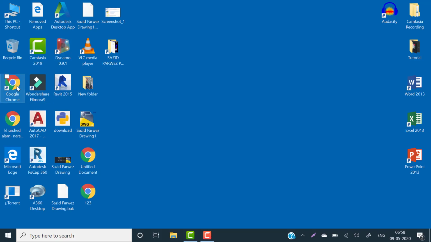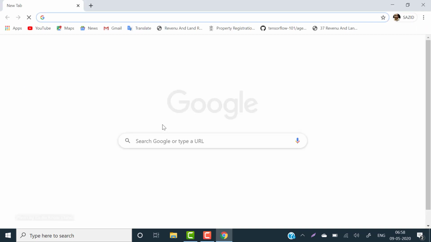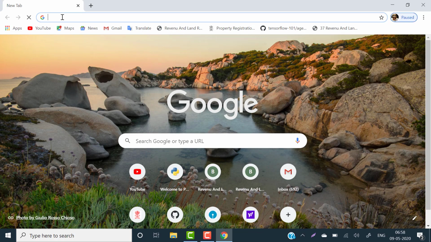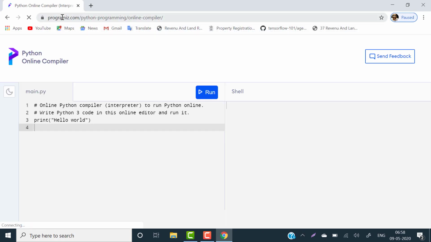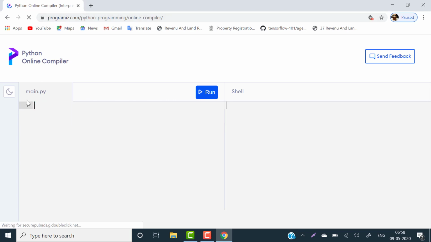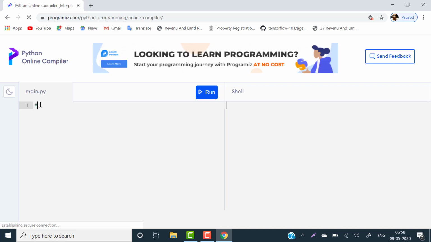Now I will open Google Chrome and open the Python online compiler. This is our online Python compiler. I give a comment, which is given to help people understand what you are going to do.